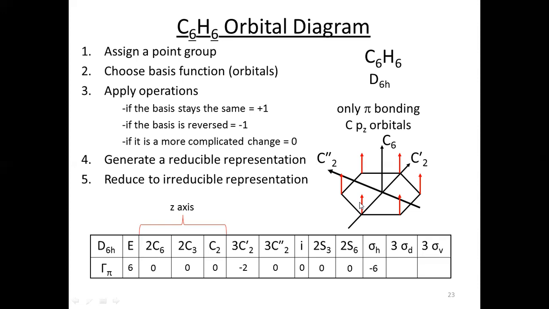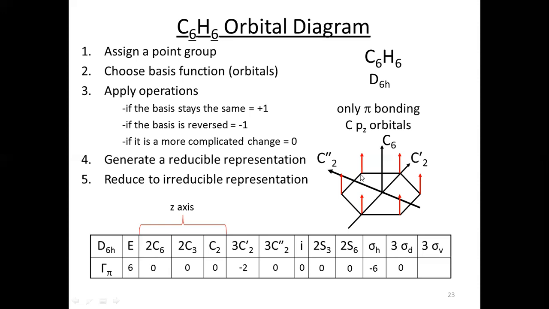Next is your sigma d. And where is your sigma d? Sigma d is along your C2 double dash axis. This is your line and the plane will be passing along with your C2 double dash axis. So you just imagine the plane is passing like this. Your orbital, which is here, in the mirror image will appear at this position. This orbital will appear in the mirror image at this position. In the same way, this will appear at this position. So all the orbitals are changed. That's why I put it as 0.